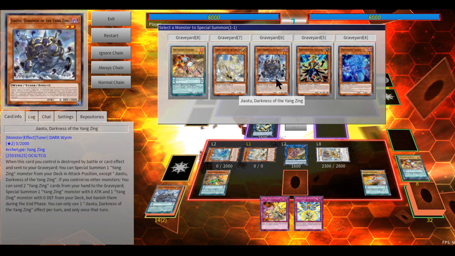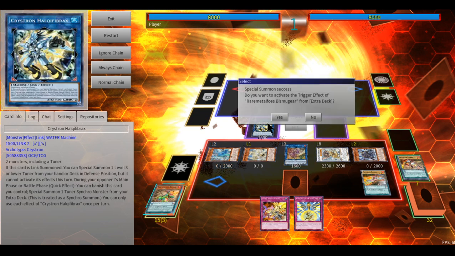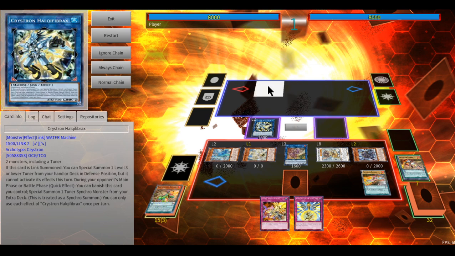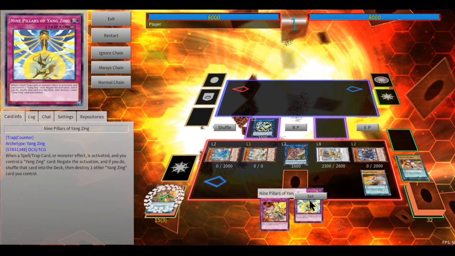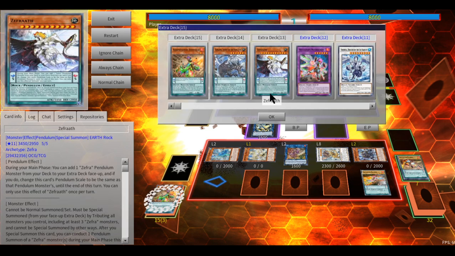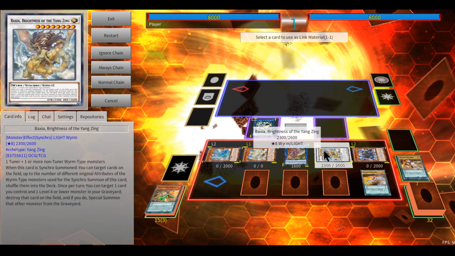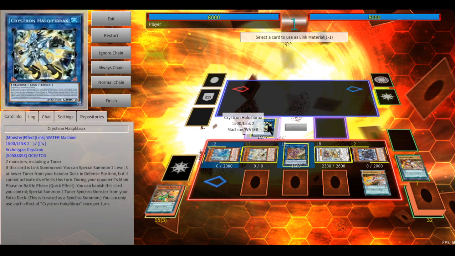But yeah, so now we just summon back Jiaotu, I guess. I mean, it's whatever. Boom. Bismugear gets to activate. Set 2. The Divine Strike actually gets to banish the Zefra, so we don't even lose Zephyr access from our extra deck. And then we'll just link these 3